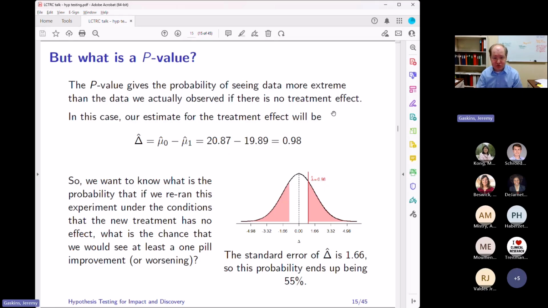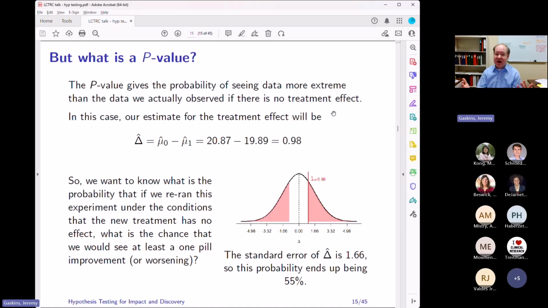And so we can get into the mathematics of how these p-values are calculated a little bit. Again, more just to show that it's maybe not the probability that you think it is or that is most useful to us, rather than to encourage you to think about p-values in this context, right? So again, it's the probability of seeing data more extreme than the data we actually observed if our null was true, in this case, if there was no treatment effect, right? And here, the observed treatment effect that we saw in this cesarean opioid example was an estimated difference in our means of 0.98, right?